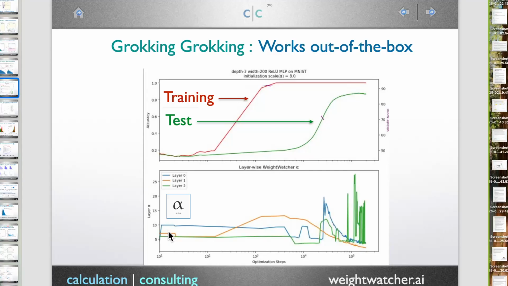The orange curve, you can see layer 1 basically fits the training data, but layer 2 hasn't learned, layer 0 hasn't learned anything. So this is FC1, FC2, FC3, and MLP. So the blue layer hasn't learned. All of a sudden, when the grokking kicks in, bam, you see this phase transition where the alphas shrink, then they blow up, and then they decay. And this phase behavior is right at the onset of the grokking.